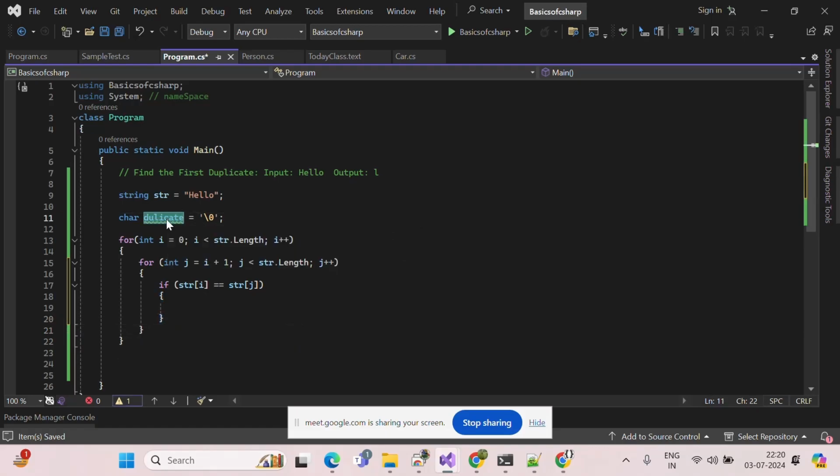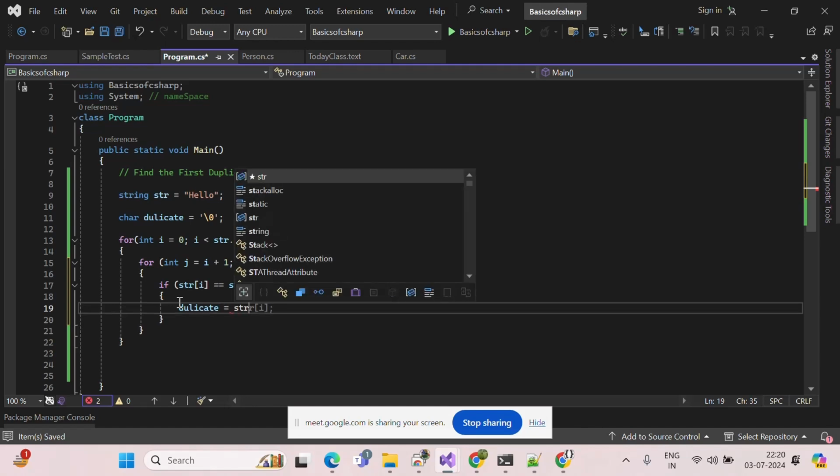Duplicate is empty initially. If any duplicate is there, we want to make sure it will be filled into this character. So that's the reason I'm just taking str of